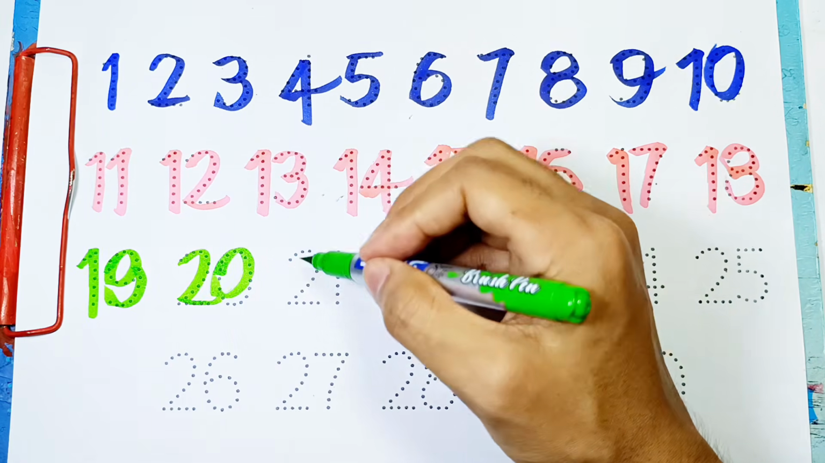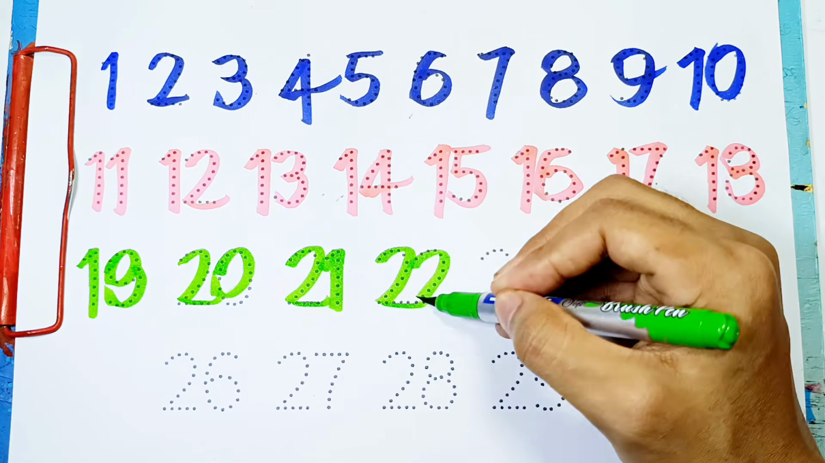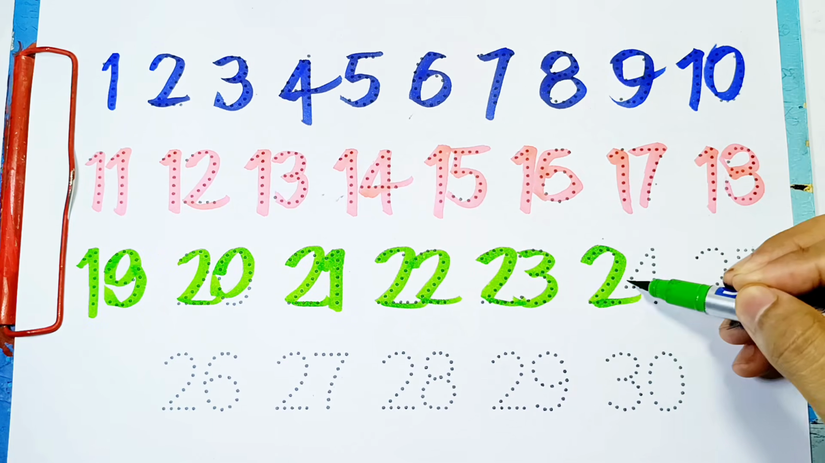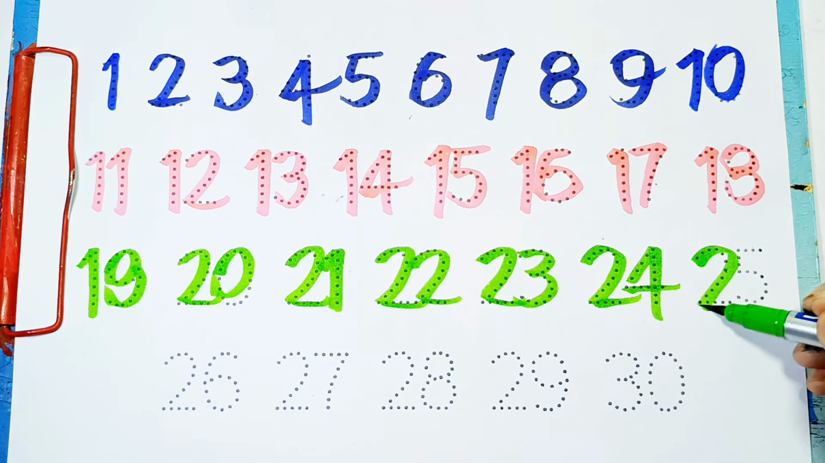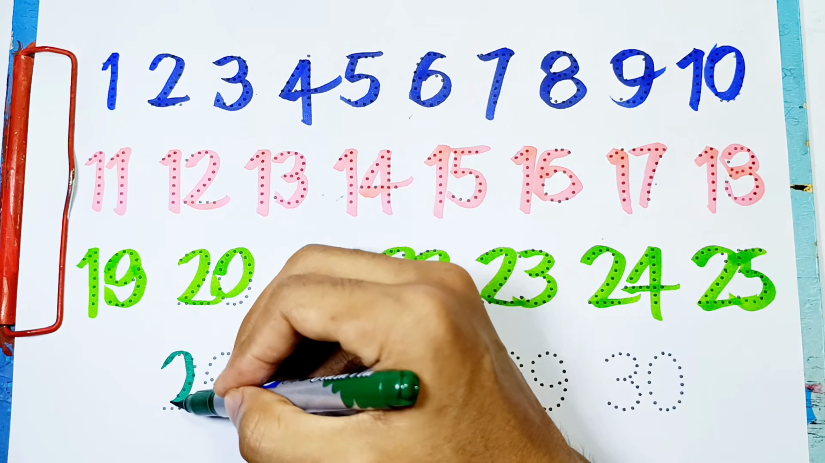20, 21, the next one is 22, 23, 24, 25. Now we're using the color of dark green, 26,